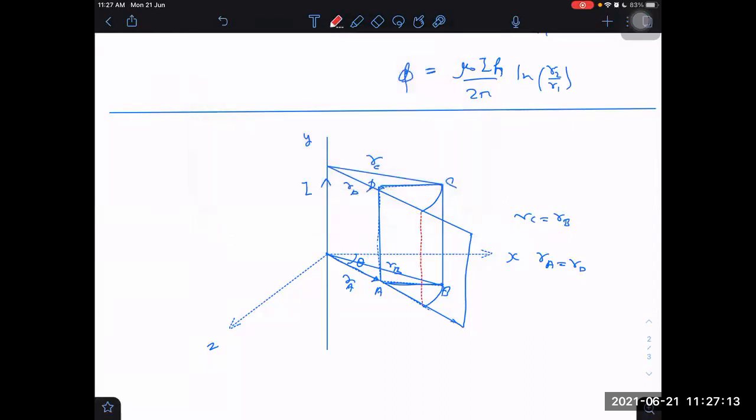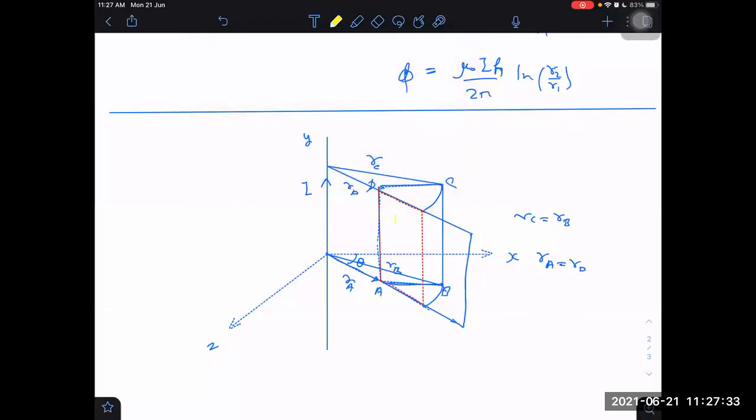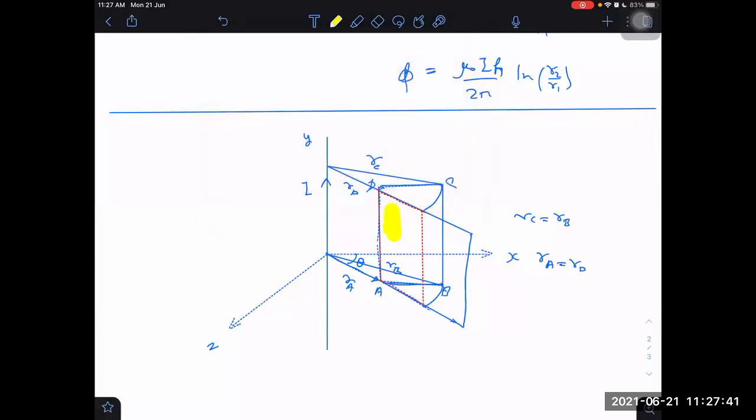I am taking this red color line. This is nothing but a projection of that area. Not a projection also, we can say. I'm drawing one area here, this red colored area, and let me make it yellow color. You're making it a part of a cylinder. Let me tell you what I'm doing here. Notice this area here.